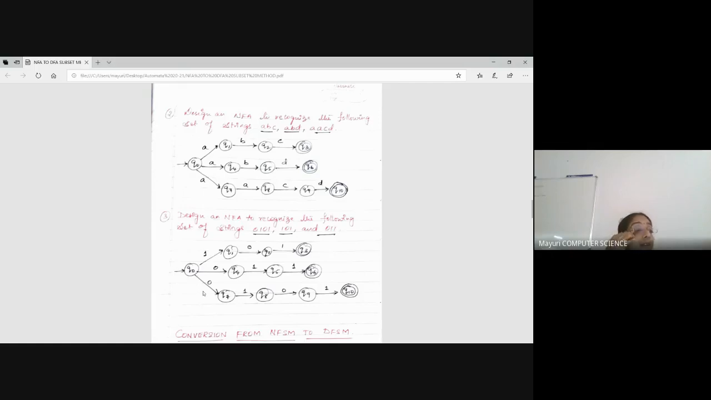In DFSM, you have on an input only one transition. But here on an input, I have two transitions. You see for Q4, I haven't provided any 0 input. It has a lot of...